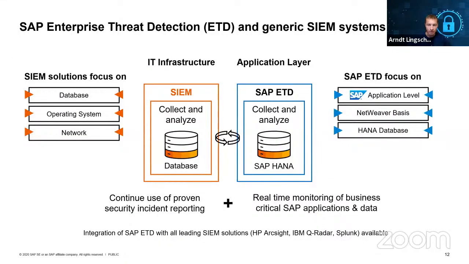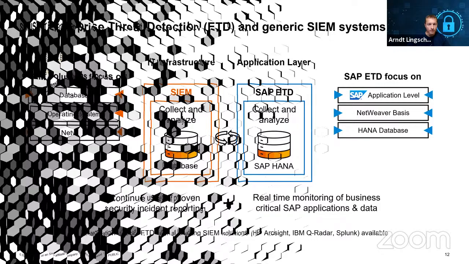really, really a lot. And this is how customers really use enterprise threat detection. They have their generic SIEM solutions like Curator, Splunk, ArcSight, or whatever you name them, and then combine the information with enterprise threat detection, which brings in the application layer from the NetWeaver basis, all the Java systems, and as well the HANA audit trail is being analyzed. And then this information can be combined with any other critical information collected by the generic SIEM solution. And that's where the real business case grows for our customers here. All right,